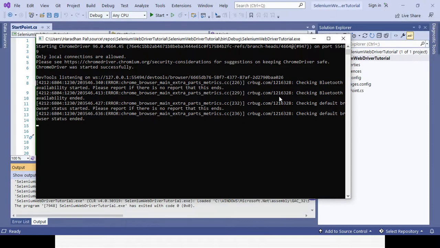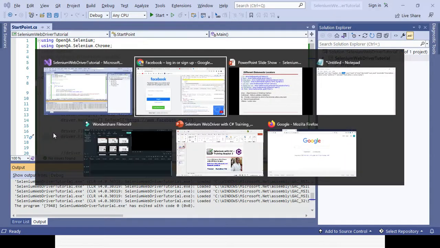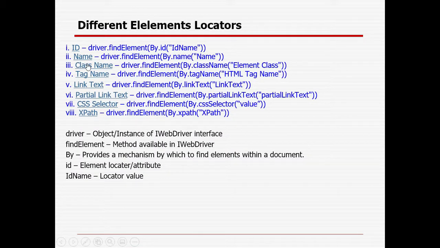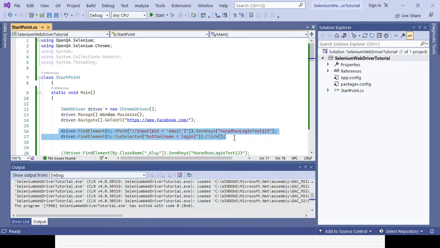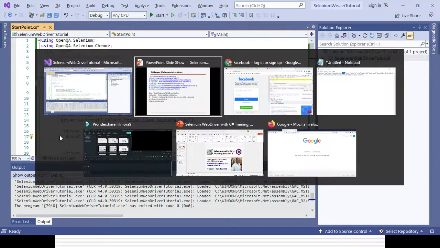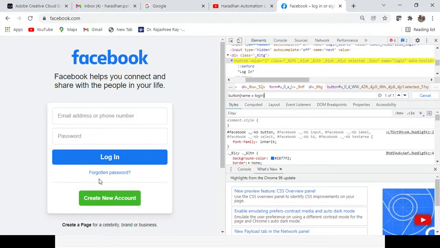Okay. So here I have covered 6 out of 8. So this is 2 more. So I already covered ID, name, class name, tag name and CSS selector and the XPath I have covered. Now I will cover link text and partial link text, right? So link text and partial link text should be applicable only in case any link or hyperlink is present. So here suppose say in the Facebook page there is a link, right, called forgotten password or create a page, suppose say. So I want to click on the create a page.